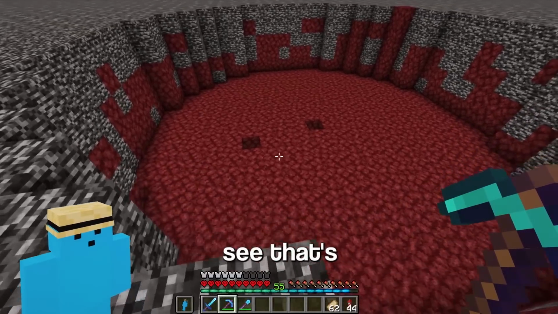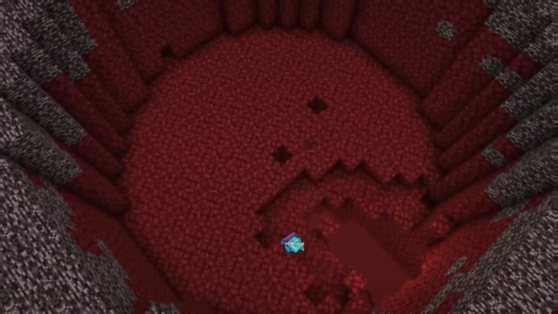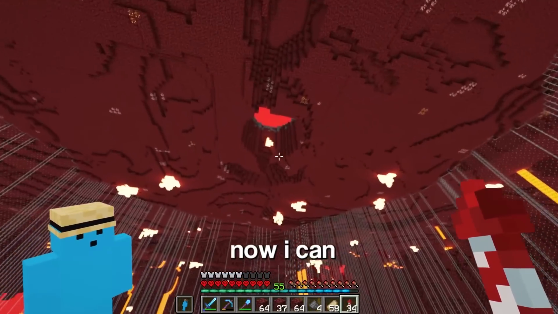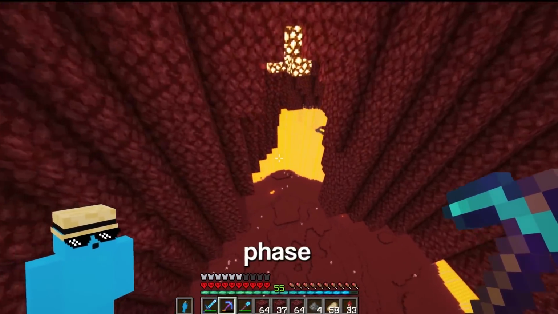But as you can see, that's not Atlantis, nor is it a glass cage. So, I'm gonna have to get digging. And there we go, now I can just head straight through here onto the roof. Oh, and don't worry, I'll make it all look cool in the next phase. Speaking of phases, let's move on to...